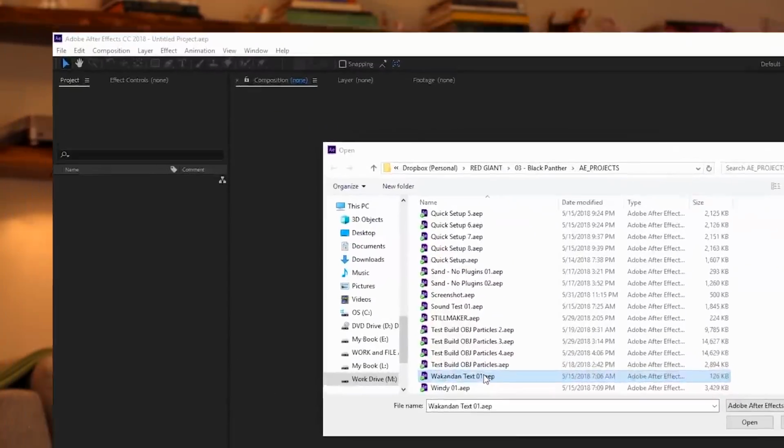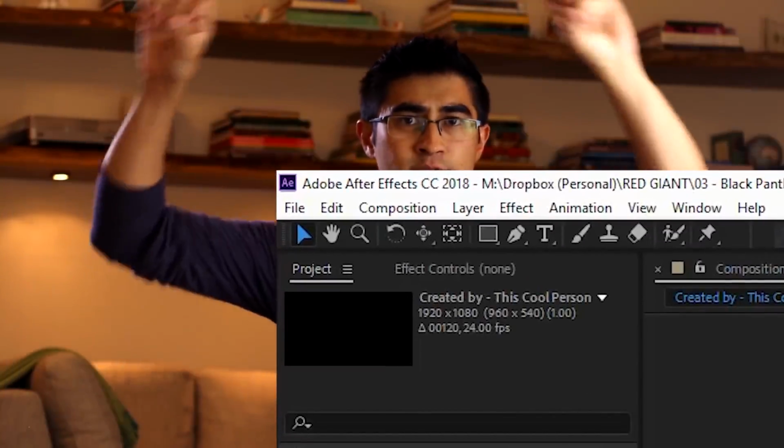Oh, and did I not mention that this is all Adobe After Effects? I'm using Adobe After Effects. It says it at the top of the screen for like 90% of